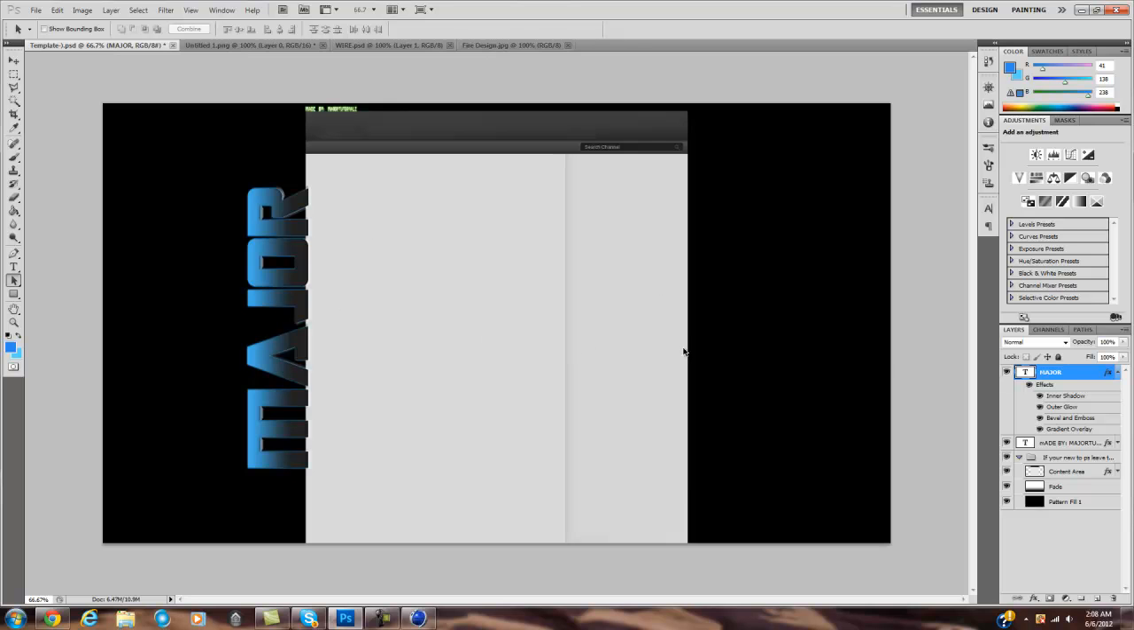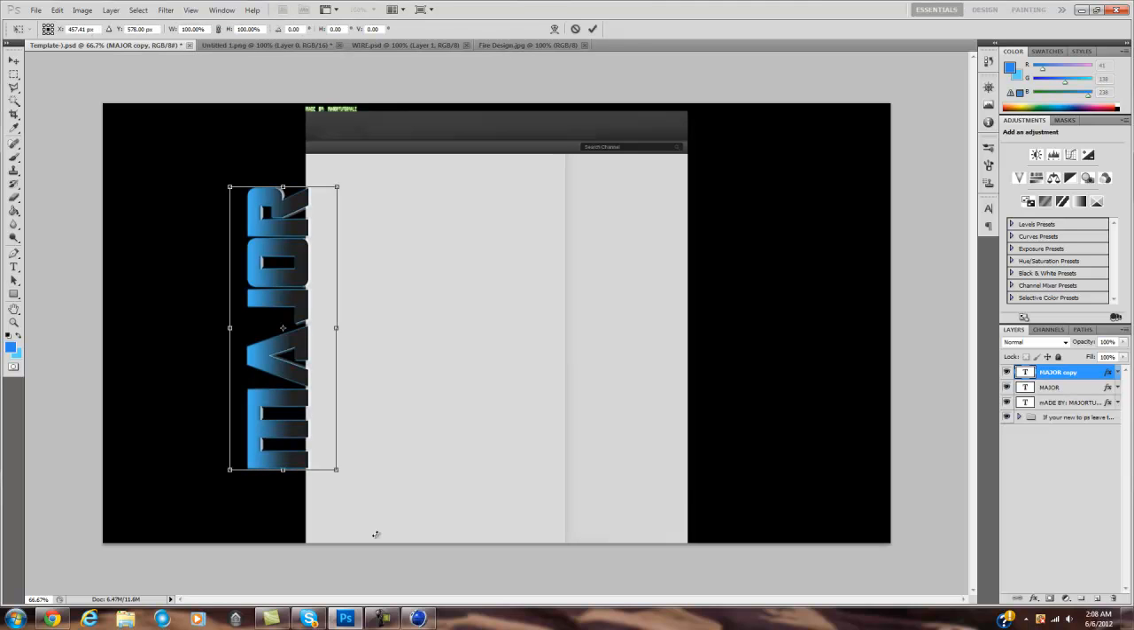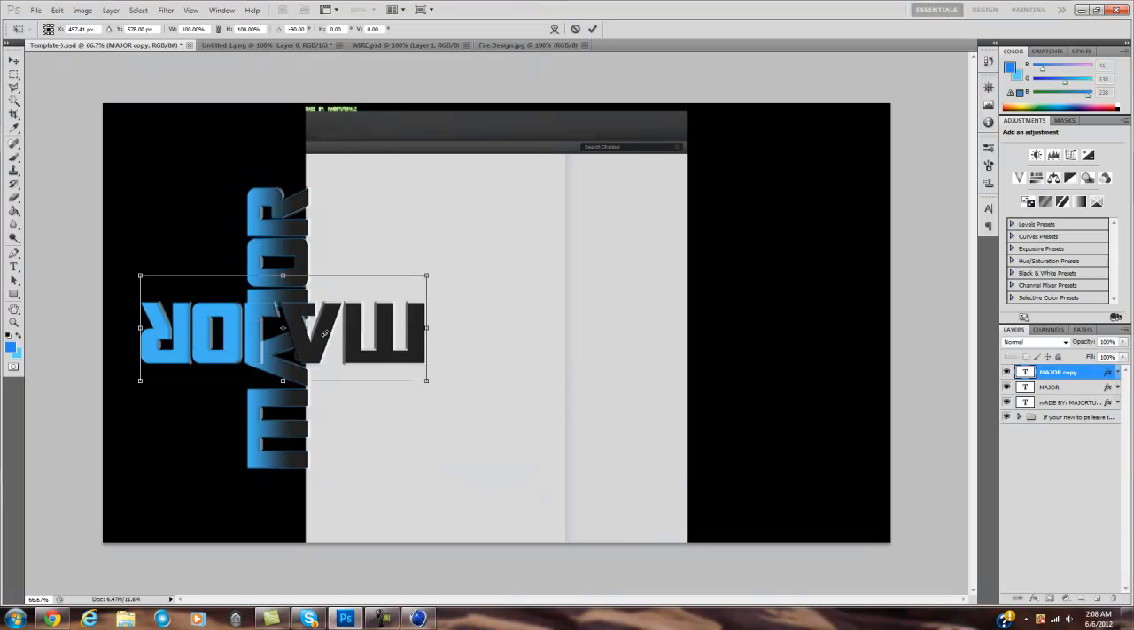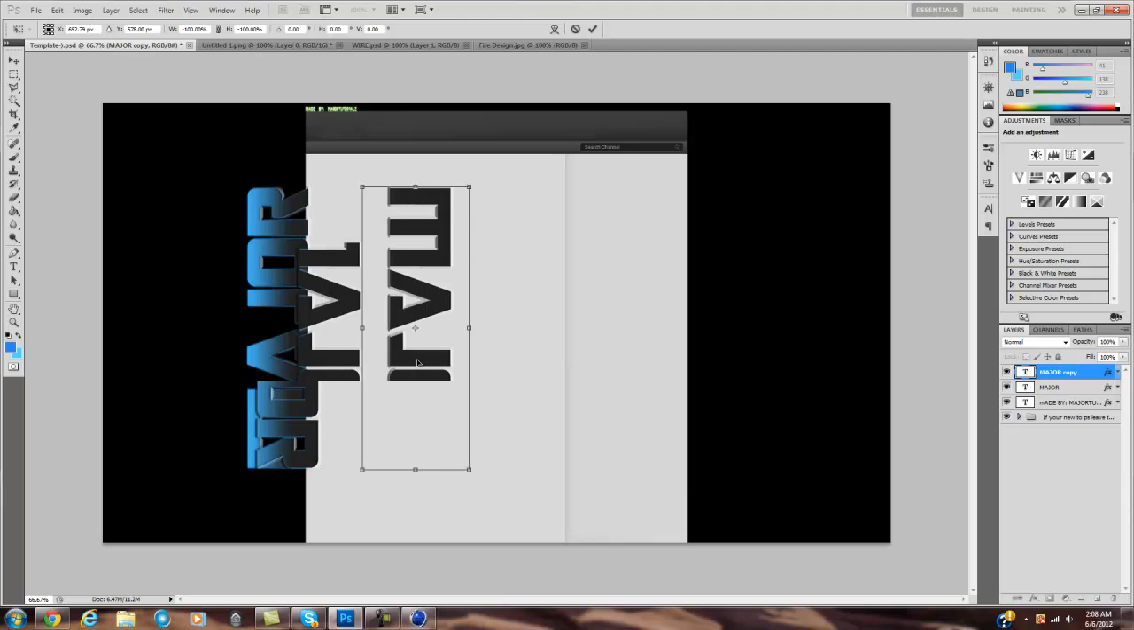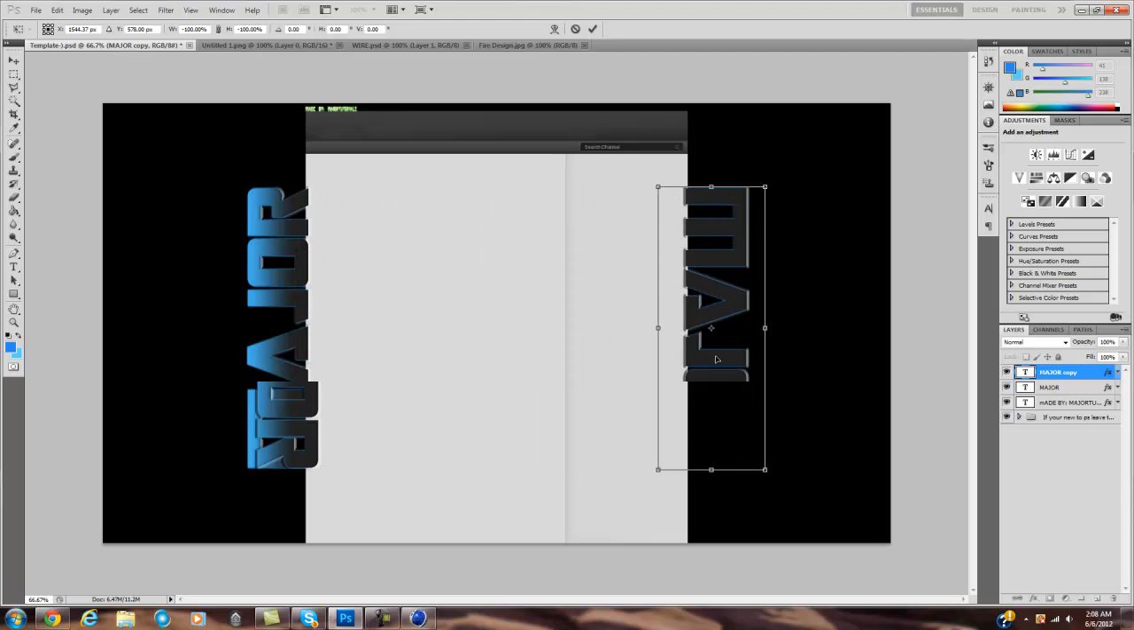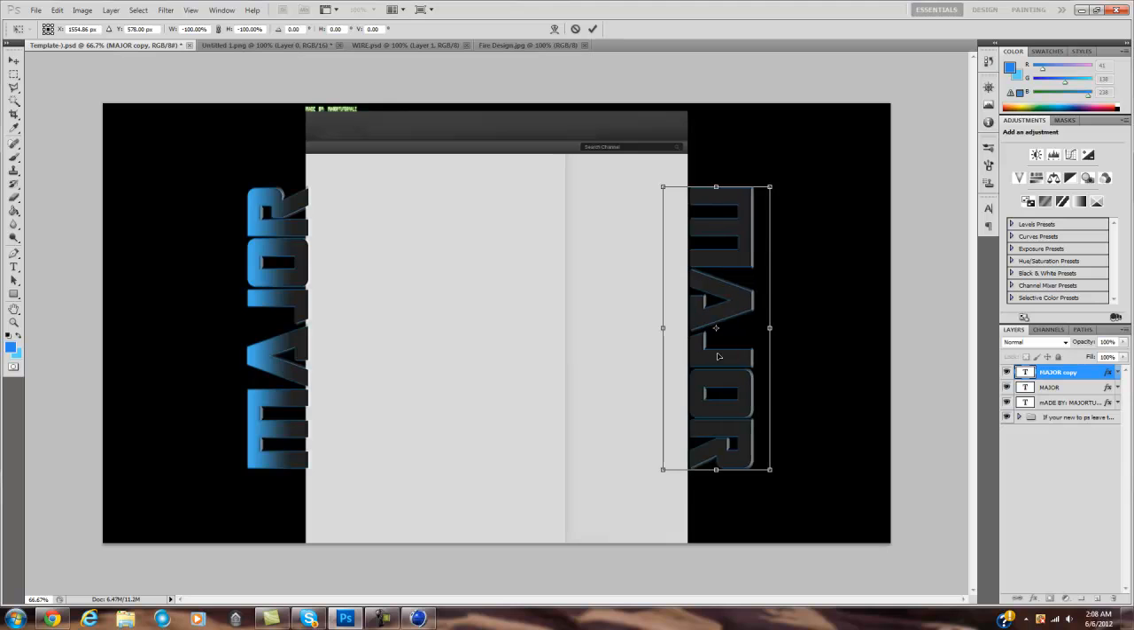And what you can do now is close the effects so you can't see them, because you want to keep your workspace clean where you can see what you're doing. On your text, press Control J or Command J if you're on Mac, and then Control T or Command T, and right click and rotate 90 degrees counterclockwise, and just hold shift and drag it all the way over to the other side. You want to make sure you hold shift so it goes straight